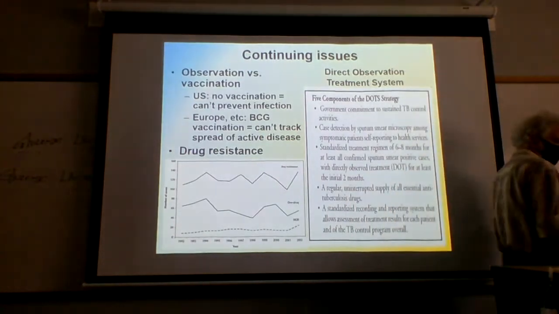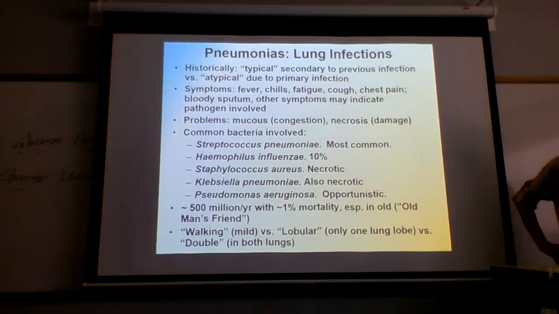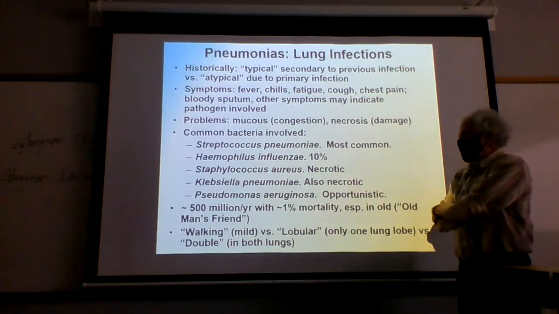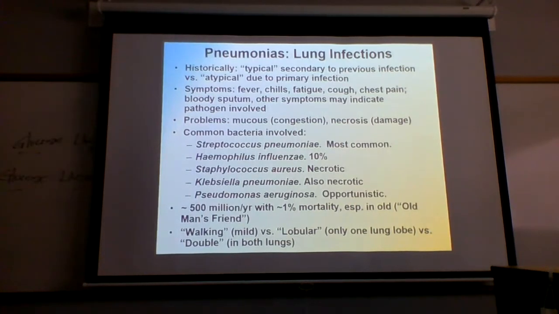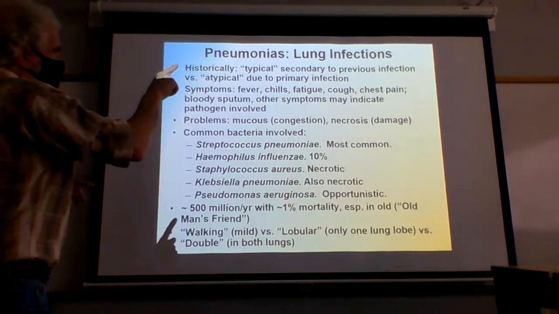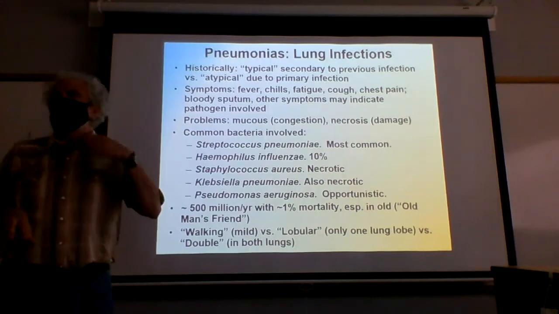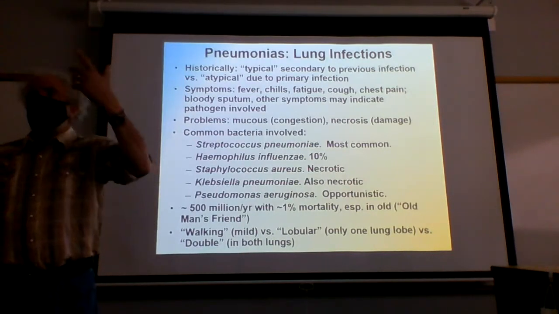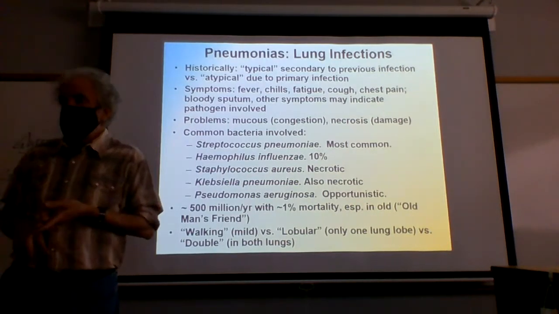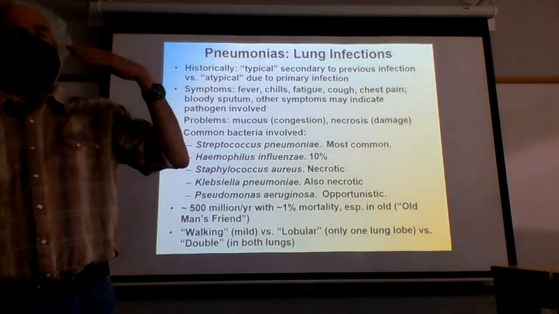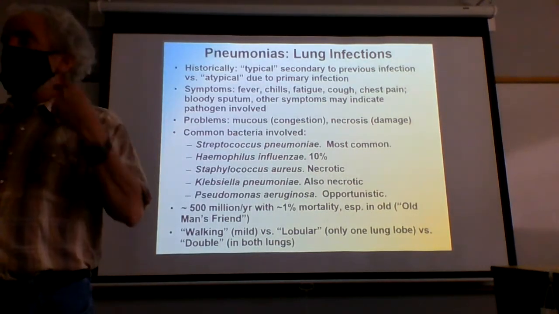All right, let's see what else we're going to go here in a moment. So, as we're talking about lower respiratory, not upper respiratory infections, we get into the area of pneumonia. And this is where we have the bacterial infection in the lungs. Pneumonia typically occurs because you've had some kind of immunosuppressing or immunostressing condition. And a standard thing you'll see is that when people get the flu, a week or so after their bout with the flu, they come down with pneumonia.